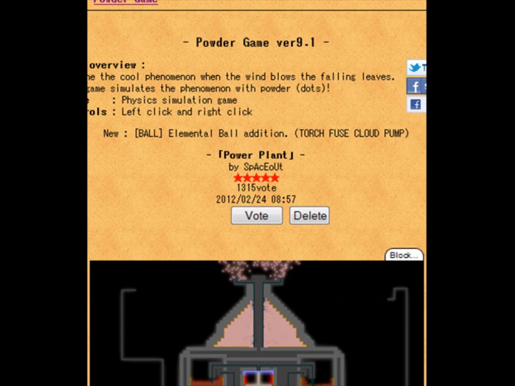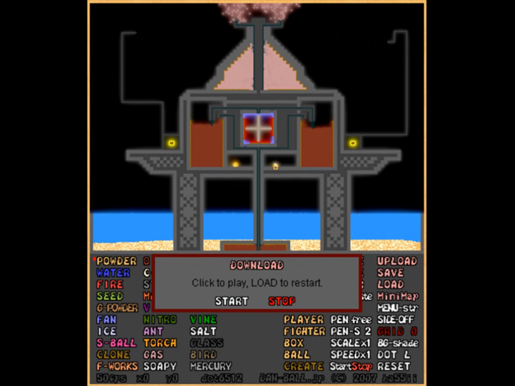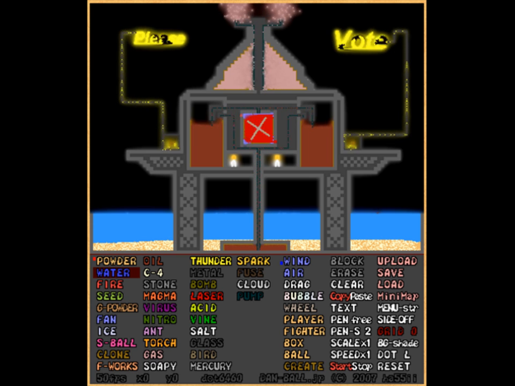This one's also by Space Out, which is the nuclear bomb one. Similar, it is a power plant, and if we start this up, you'll see that these two things on the side are using what I was talking about before, somehow using metal, charged metal, to light up glass. And it says please vote, because you can vote for the ones you like. There's a player in here, which is